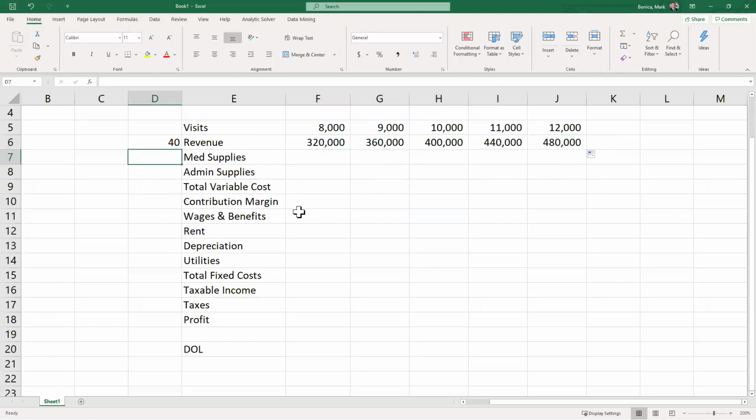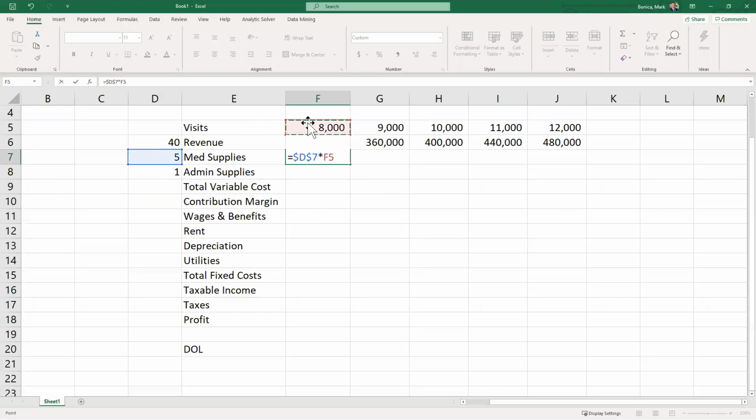Then we knew med supplies and admin supplies were our variable costs. So med supplies were a total of 50,000 for 10,000 visits, which gives us an average of $5 per visit. And then admin supplies were $10,000 for 10,000 visits, which gives us an average of $1 per visit for admin supplies. So again, I'm going to multiply the $5